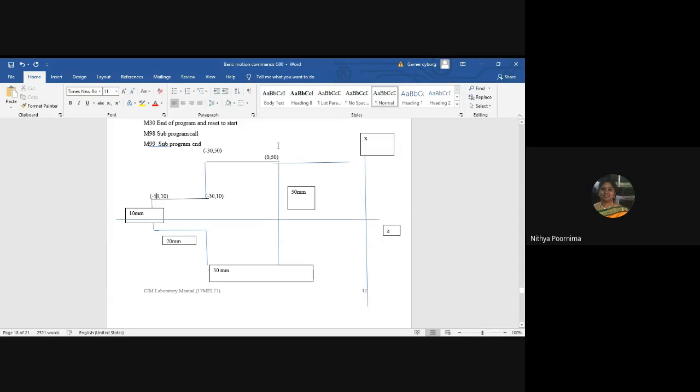Usually the workpiece will not be like this. If I have to draw the blank so you can understand better, the blank will be like this. It will be a big blank which is here. So first you will call the tool here, right? It has to go through several cycles of operation till the diameter gets reduced to 50, right? After it has reduced to 50, the tool will come here, right? Then which command are you going to use, G01 or G02 or G03? What is the operation it has to do?